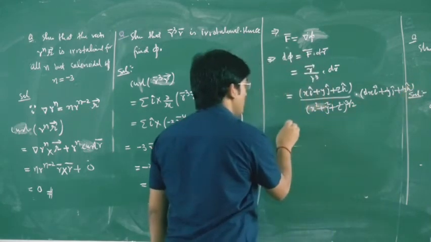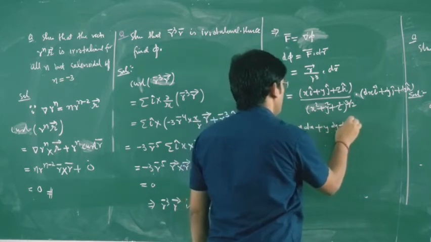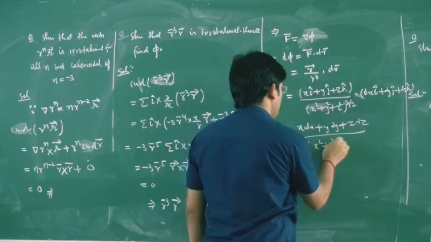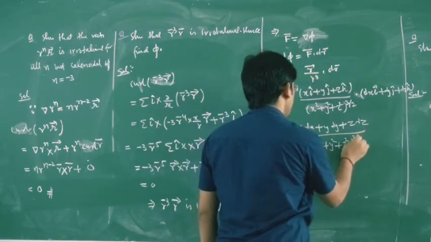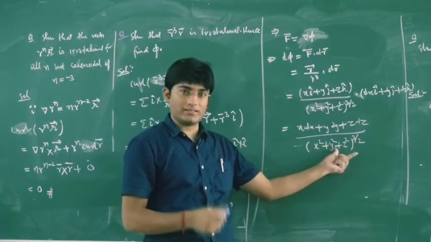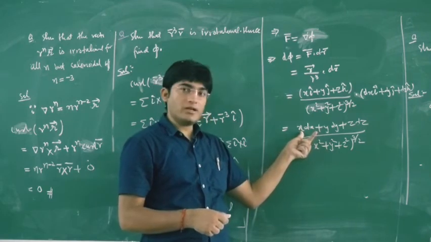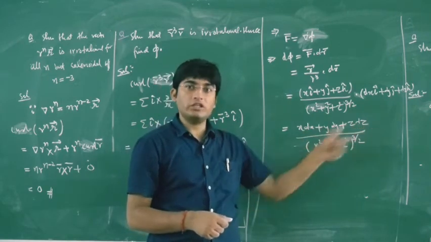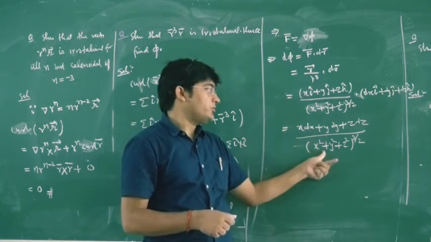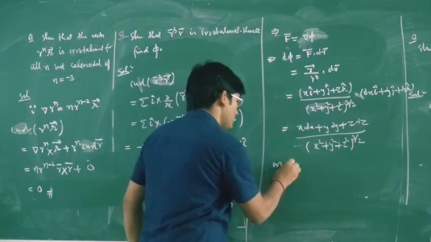Now i dot i will be 1, so this is x into dx, then y into dy plus z into dz, and in the denominator x square plus y square plus z square power 3 by 2. Now if you take x square plus y square plus z square as t, then the numerator x dx plus y dy plus z dz equals dt upon 2. So this is basically 1 by 2 dt upon t power 3 by 2. If you take this power in the numerator, then on integration